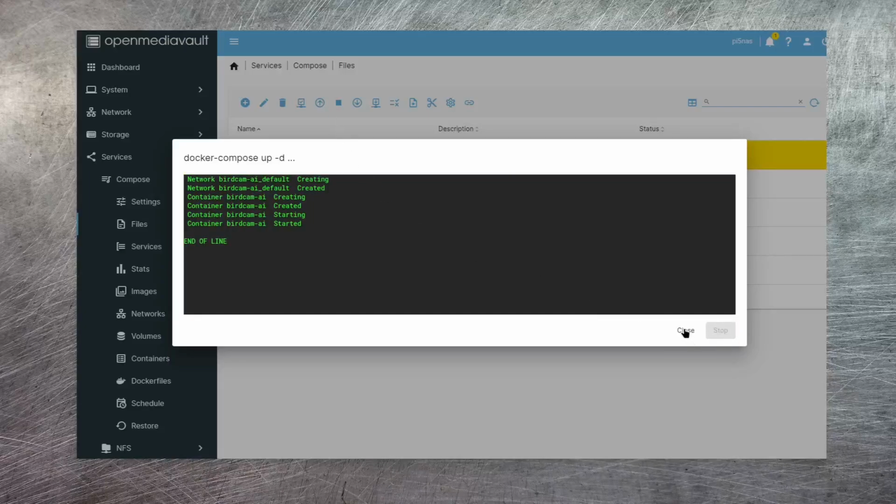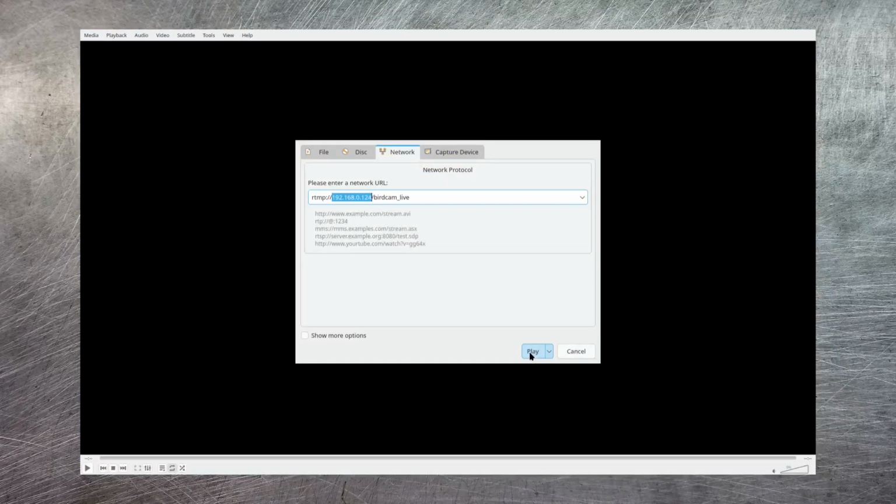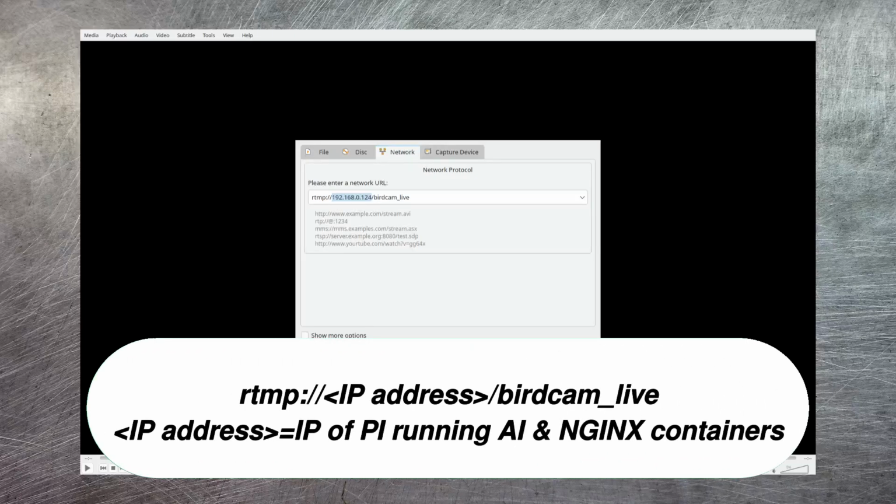And now that's running, and I could access the video in exactly the same way. So how do you actually view the stream? Well, the first way you can do this is within the VLC application. If you open that up, then click on Media and open Network Stream, then you'll be shown the box that you can see here. Now, the IP address I've got highlighted there is the IP of my Pi 5, where